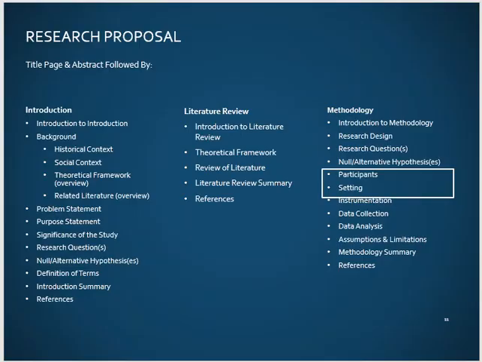So now that we've discussed participants, sample population, sampling design, let's discuss where that information fits within the methodology paper. As you can see by the square, the participants and setting components directly follow the restated research questions and hypothesis. Remember that in your